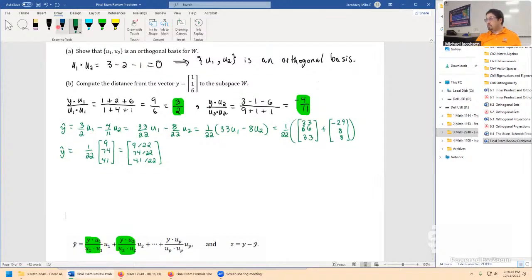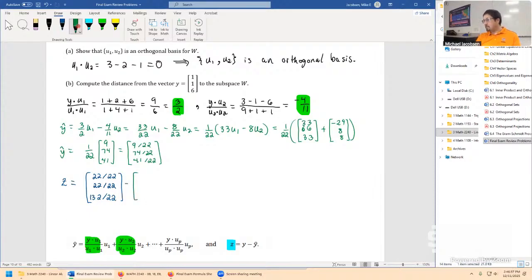Okay, so next thing we're doing, finding that vector z. Z is going to be the original vector y minus y hat. So let's put this in a denominator with 22. So this is 22 over 22, 22 over 22, and then that's kind of inconvenient. So 6 times 20 is 120, carry in the 12, looks like 132, 22nds,